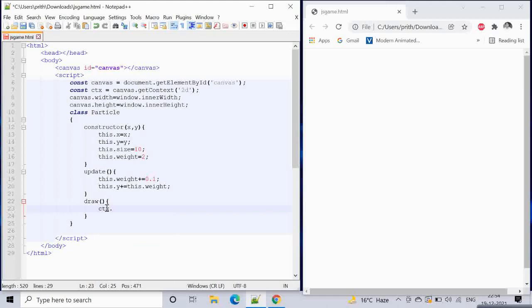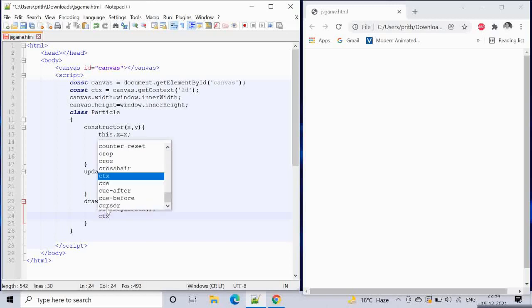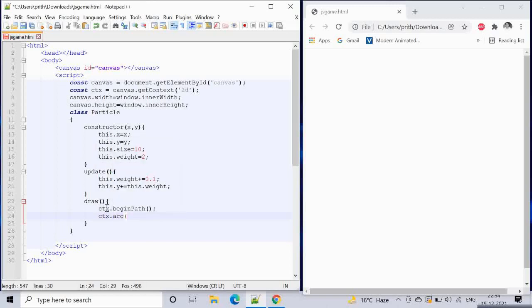ctx.beginPath, just like the previous video. Then ctx.arc. The value will be changing in this case, so this.x, this.y, the radius will be this.size, 0 to Math.PI multiplied by 2.